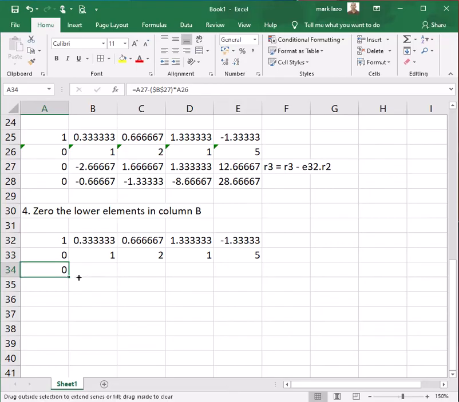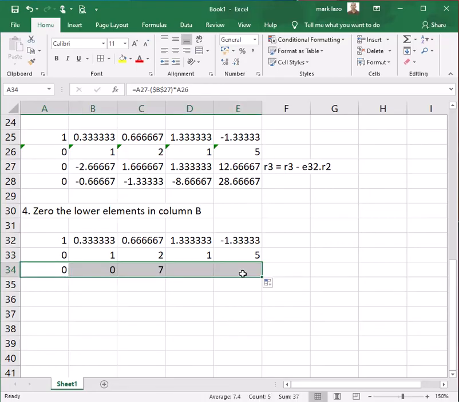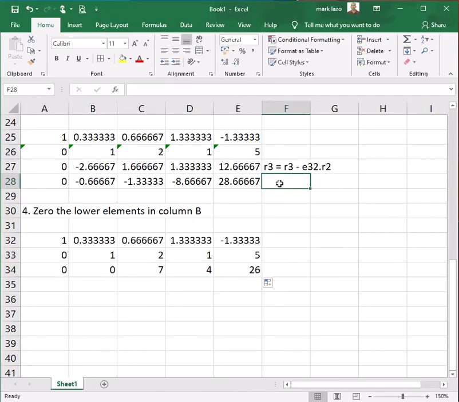And you simply have to drag the formula. And here, the new R4 will be equal to R4 minus the element in row 4